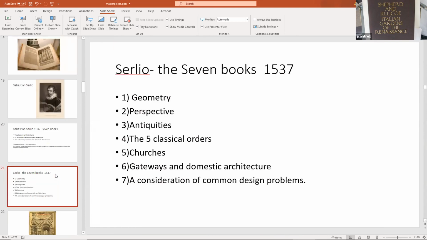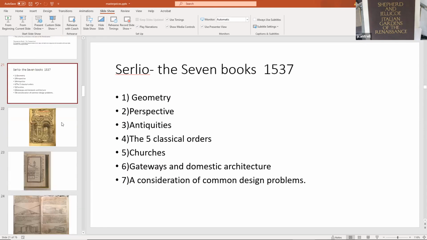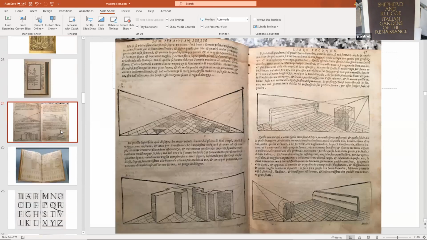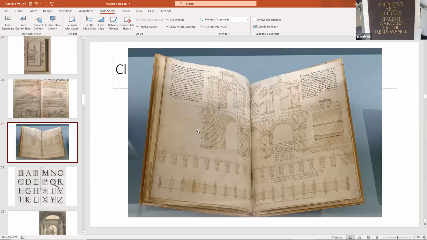Brunelleschi in the 1400s really introduced linear perspective, of course, in his baptistry building across from where he was constructing the dome for the Cathedral of Florence. So Serlio is building upon Brunelleschi's inventions in perspective, writing these and providing some simple diagrams of how these things are properly drawn. And these are some of Serlio's exquisite drawings. I mean, the line quality of somebody that can draw like this in the Renaissance is really remarkable.